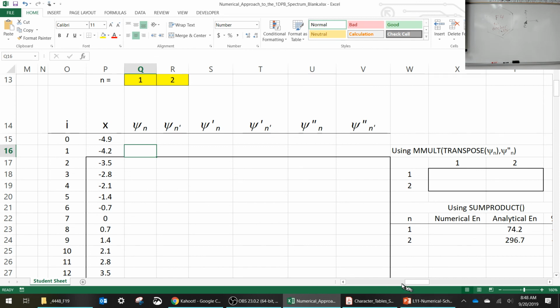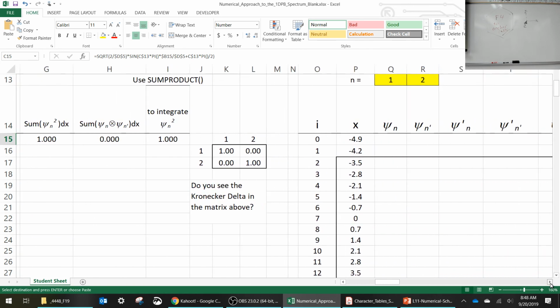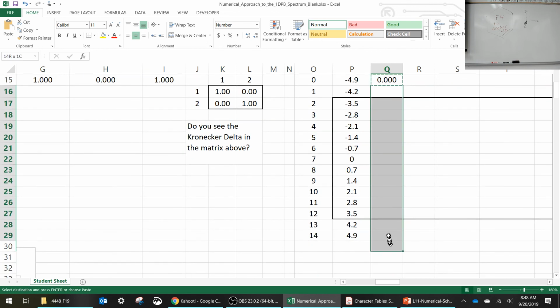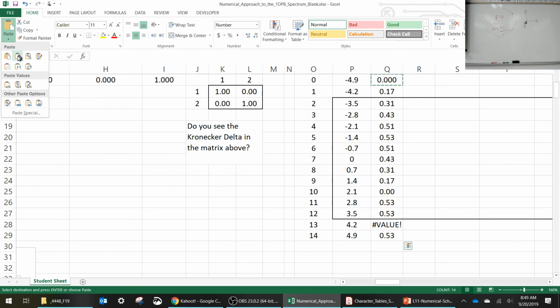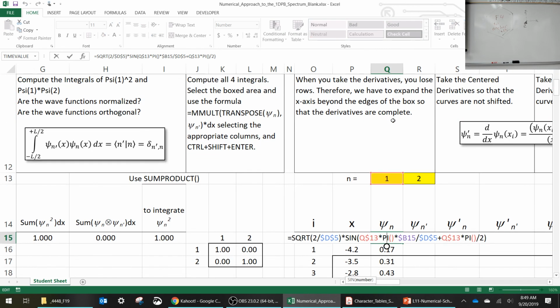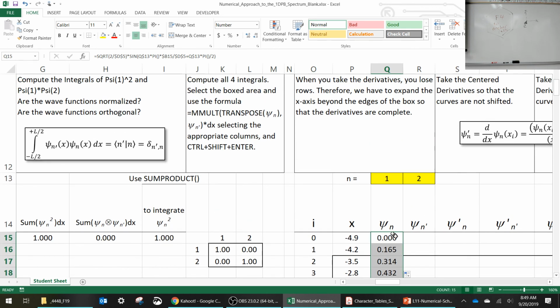So let's go grab our wave function. We've got 2 minutes, so hang with me. Okay, copy this wave function. Let's go put it over here. It worked. Okay, thank goodness. Okay. Copy. Paste this down. And notice we've expanded our box 2 cell values above and below the box. I'm going to say paste values only so I don't screw up my little paste function. There's no value on... Yeah, something's wrong. You put paste for me. Okay, so something's not anchored right. It got the quantum number,